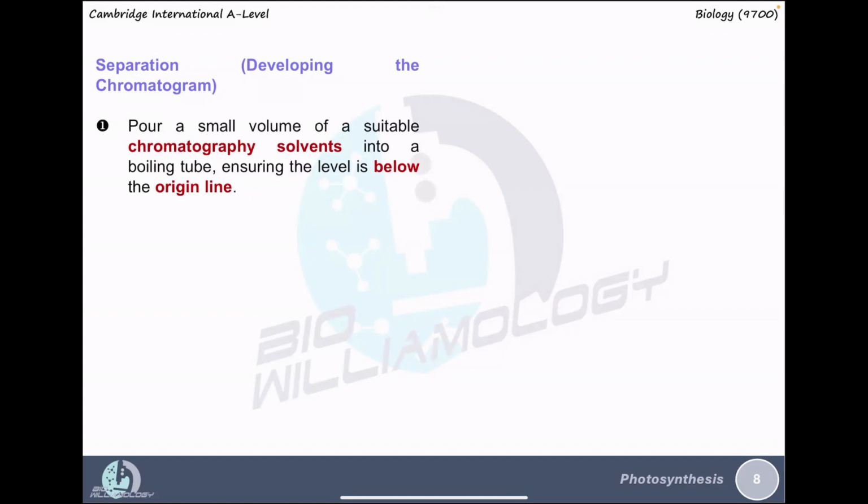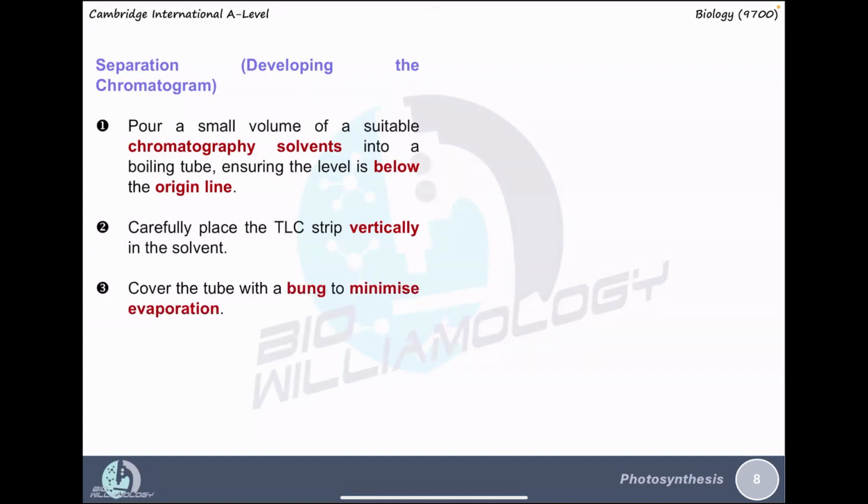But this is the trick: we must ensure that the level of the chromatography solvent is below the origin line. Carefully place the TLC strip vertically in the solvent and cover the tube with the rubber band to minimize evaporation. Bear in mind that chromatography solvents are volatile, and most of these organic solvents are